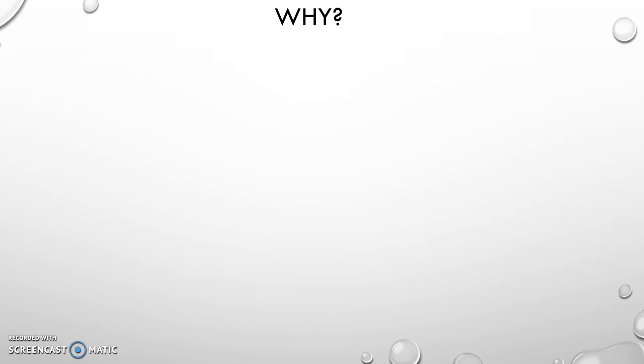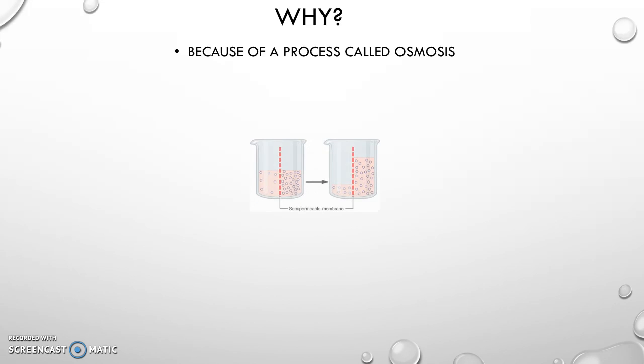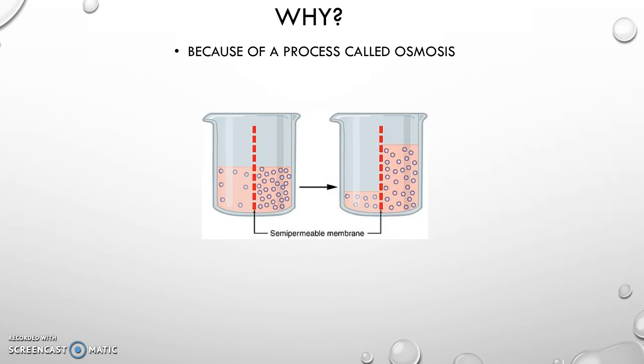Why did this happen? Why did the gummy bear in the tap water grow? This is because of a process called osmosis. Osmosis is when the solvent particles pass through a semi-permeable membrane from a more diluted solution to a more concentrated one. Semi-permeable membrane means that the membrane's pores are only big enough for a select portion of the solvent to pass through. In this case, and in most cases, the water molecules of the solution are small enough to pass